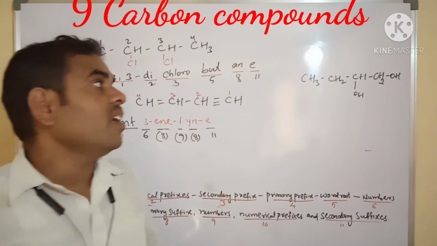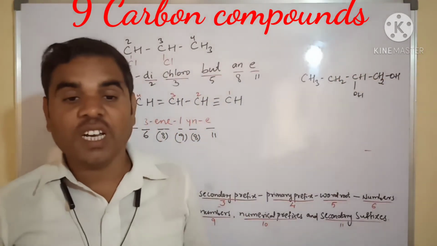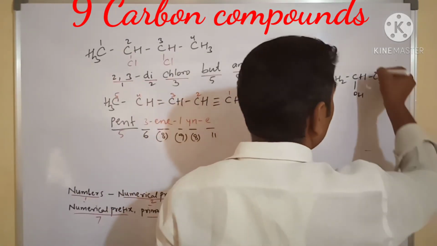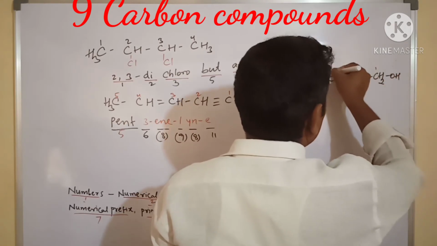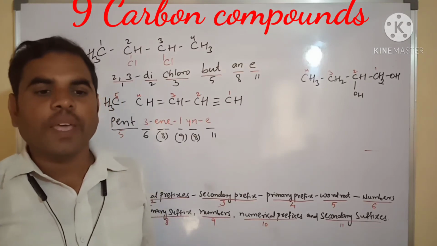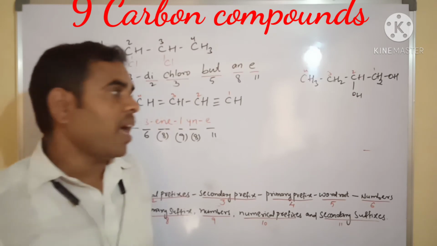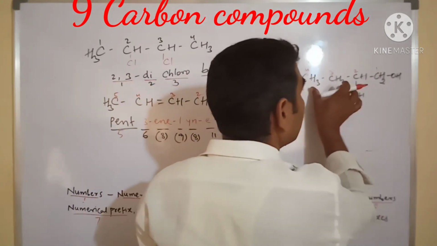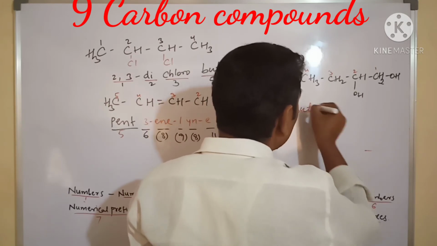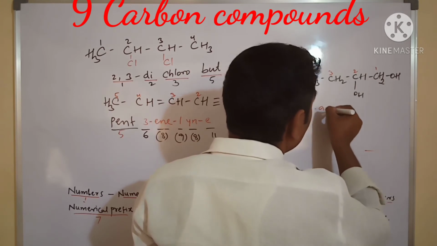Numbers किधर देना है? जो अपने फंक्शनल ग्रुप्स नजीक आता है वो कार्बन से स्टार्ट करना है. देखो, फर्स्ट कार्बन पर ही OH ग्रुप है. 1, 2, 3, 4. इसके बहुत सारे रूल्स है. ओके, इसको अपन नेम्स लिखना है. Now we have to write the name. क्या है ये? See, it is totally 1, 2, 3, 4. Butane. But is there, after that N.